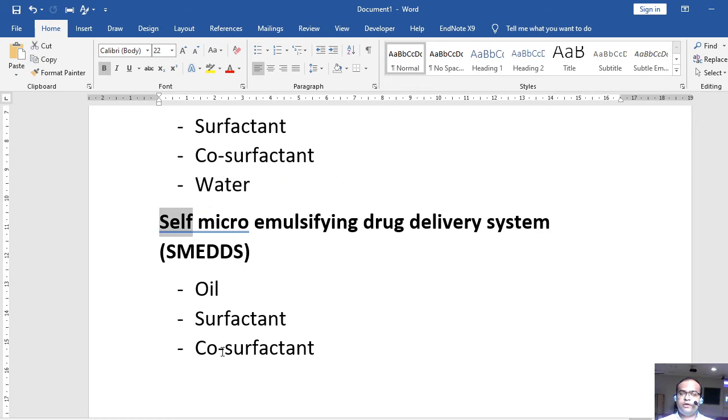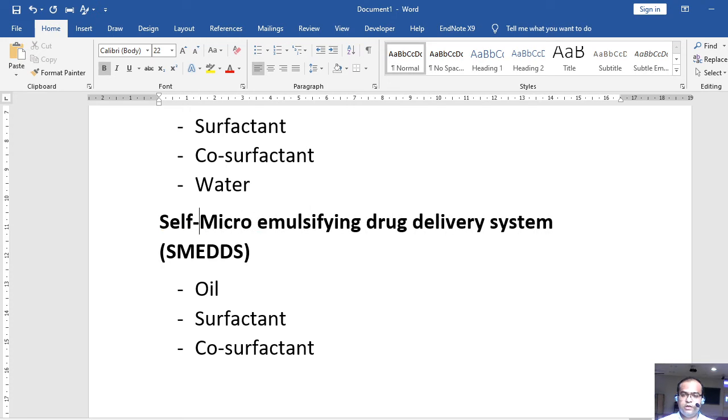As soon as we add this preparation in the water, it will form a microemulsion on its own, or with just minor or simple agitation. So as a preparation, we do not include the water within its composition, right? So we can say it is not an emulsion. Actually it prepares an emulsion as soon as we dilute this preparation with water, right? So this is the basic difference.